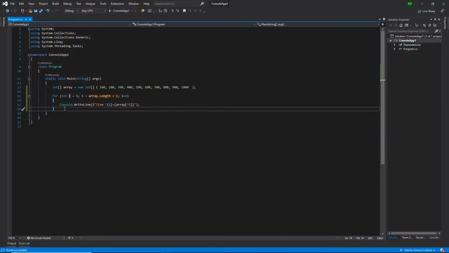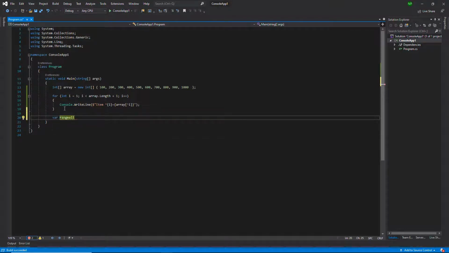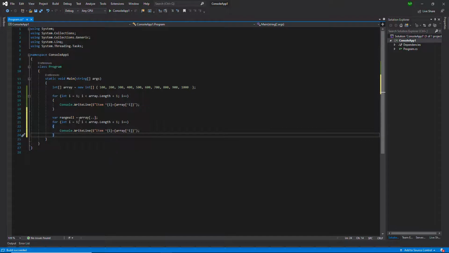Now, next, I will define a range that would be the complete array, which will be treated as a range. So here I have used two dot symbols. Same thing I will do: I will use the range all variable to print all the values from the array.